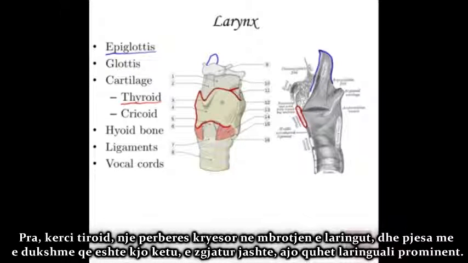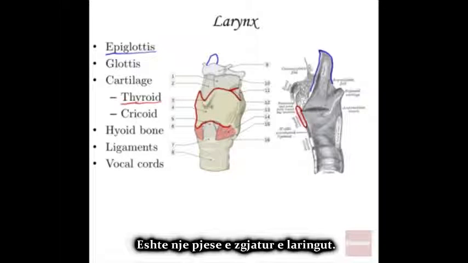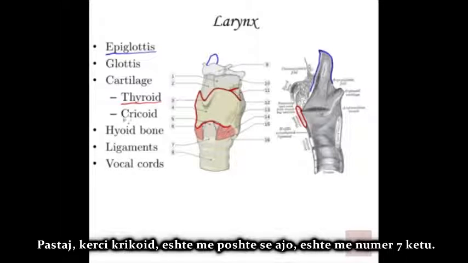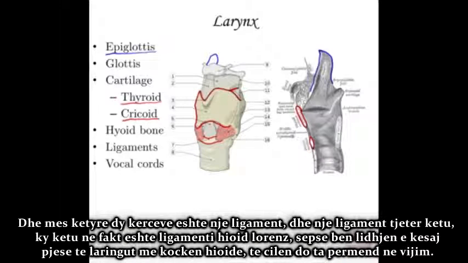So that thyroid cartilage, a major component in protecting the larynx, and that part that's most obvious right here that's sticking out, that's called the laryngeal prominence. It's a very prominent part of the larynx. And then the cricoid cartilage is just inferior to that. That's number 7 here. Here's the cricoid cartilage. Here it is in this little view. And in between those two cartilages, there's a ligament. There's another ligament right here. This is actually the laryngiohyoid ligament because it's connecting this part of the larynx to the hyoid bone, which I'm going to mention next.